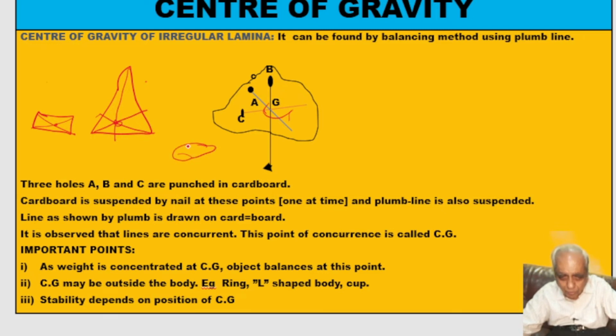So if there is any body, take 3 points, suspend it from those 3 points, draw plumb lines, and where they intersect, that is the point of center of gravity. Okay. Now, center of gravity has various importance. First, if we take this point, center of gravity, what does it denote? It shows that instead of this full body, I can consider only this one particle of weight capital